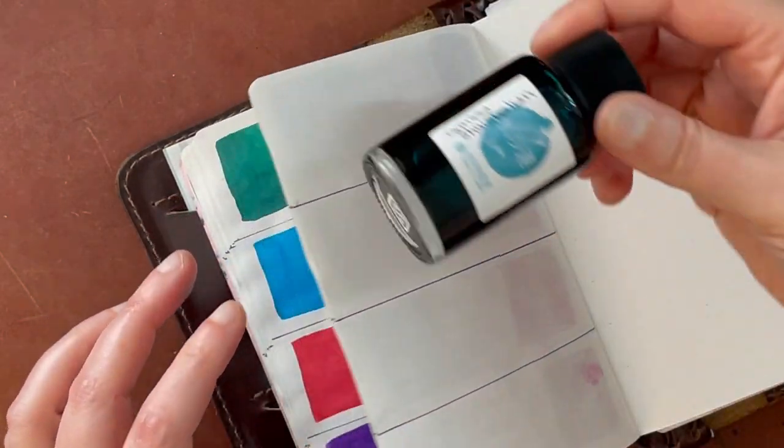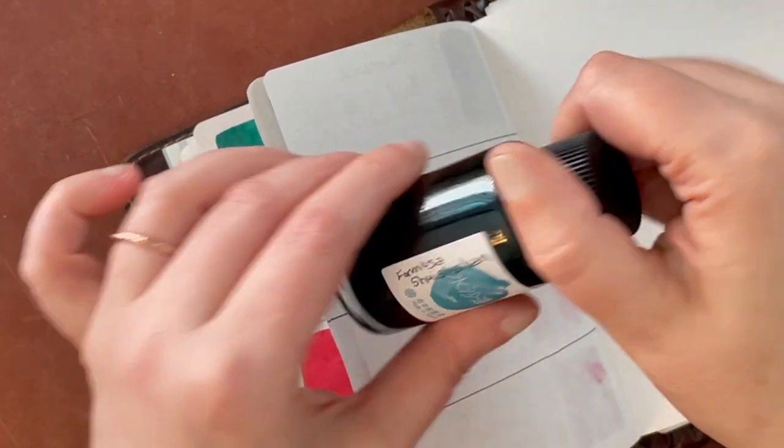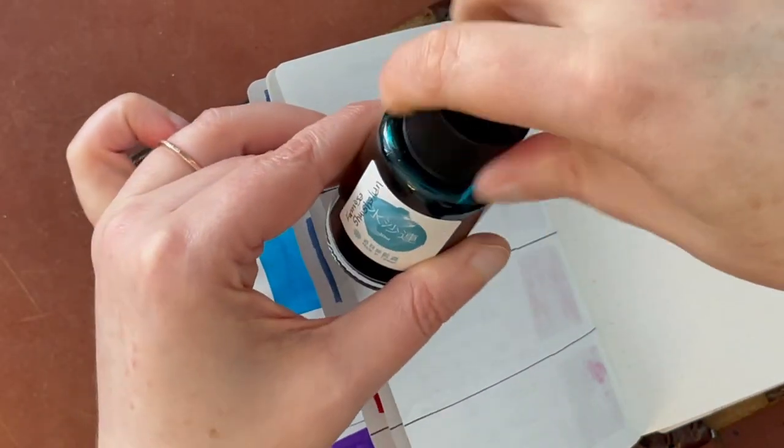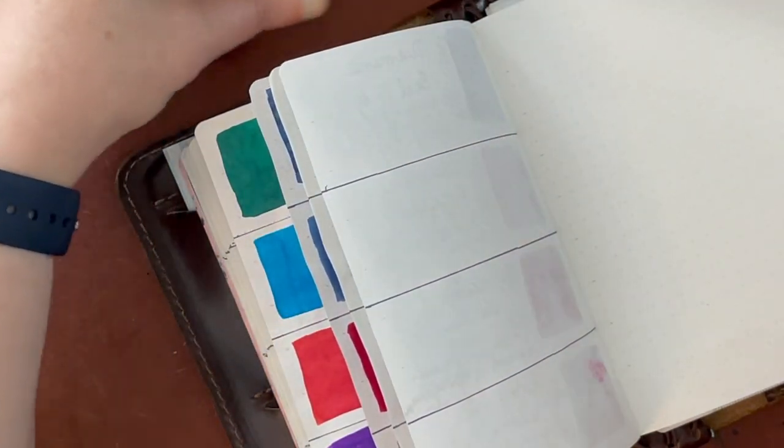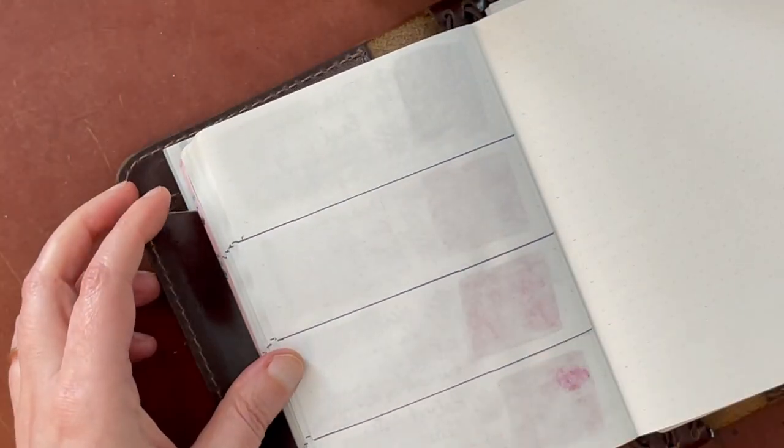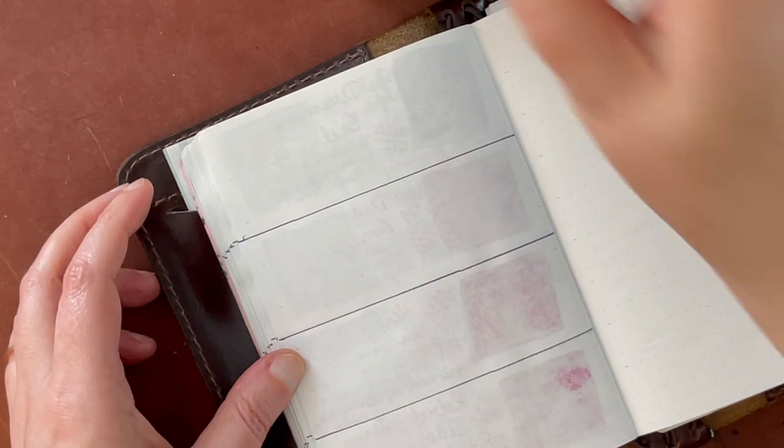So the first one we're going to start with is this Lennon Toolbar, and this is a lighter blue than some of the other blues I've gotten from them, and I'm interested to see how this shows up on the paper. So let's go ahead and get in there